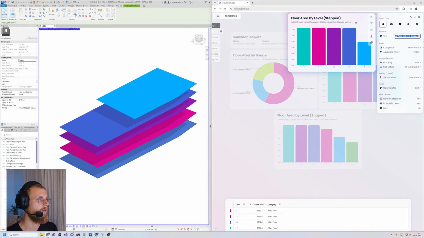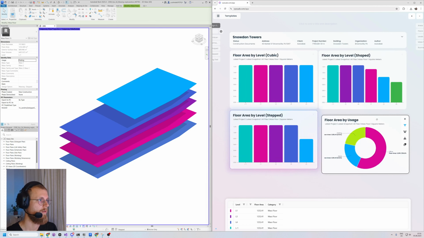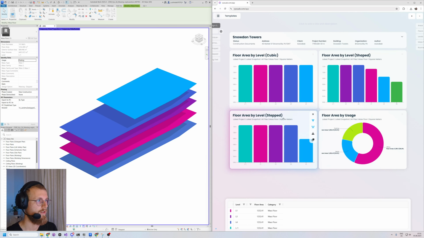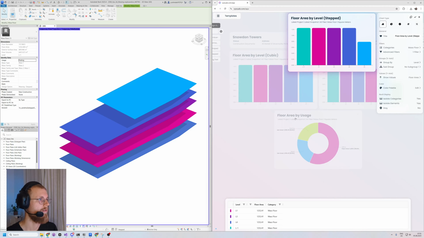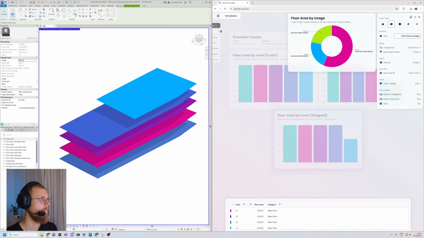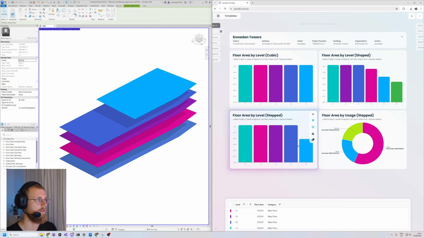And then copy this, reorder so that they sit next to each other. Take this one here and say floor area by usage. Also for the stepped option. Okay, and then let's